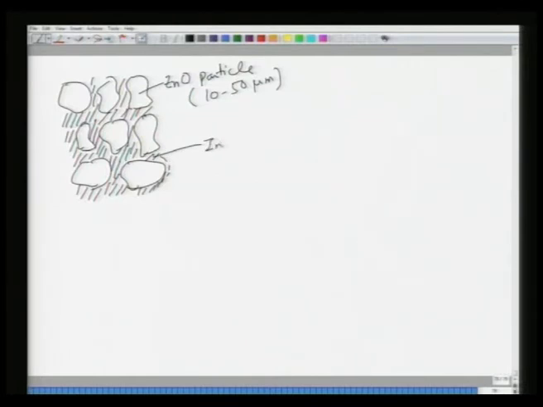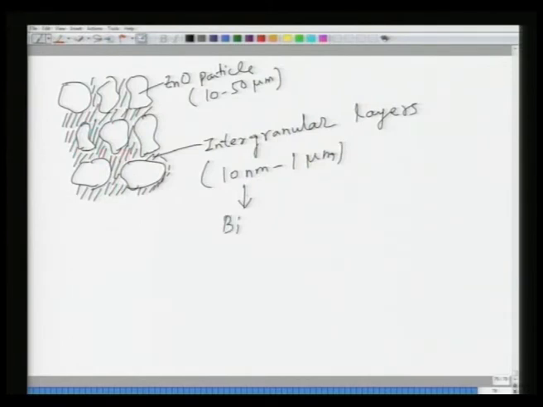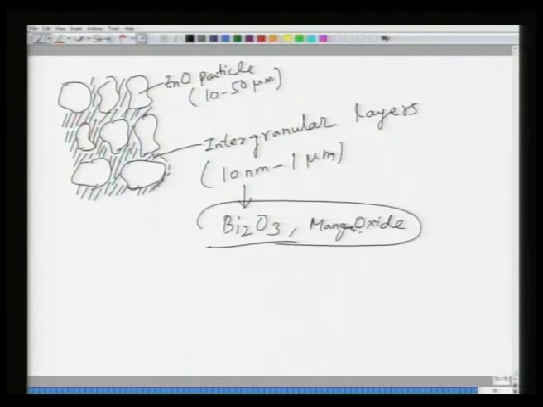So, these intergranular layers have thicknesses of roughly 10 nanometers to about a micron, and this could be made of oxides, for example, bismuth oxide or manganese oxide between the zinc oxide grains. Okay. So, which are insulating in nature. So, basically how it happens, you can get an understanding through the band diagram,